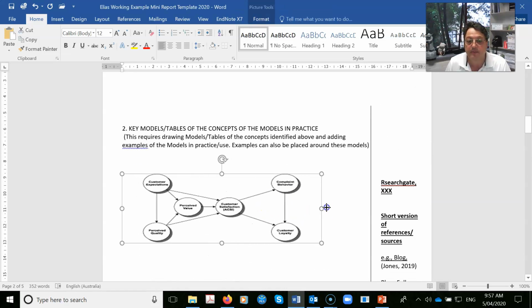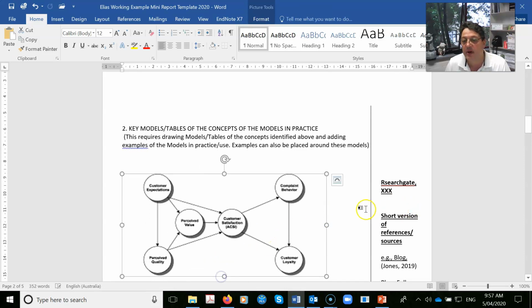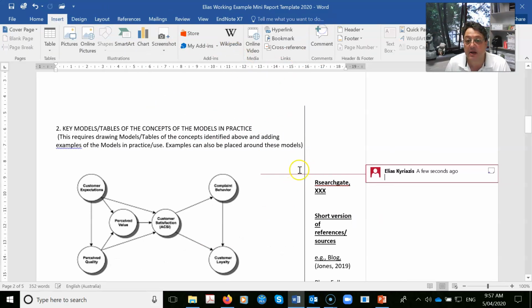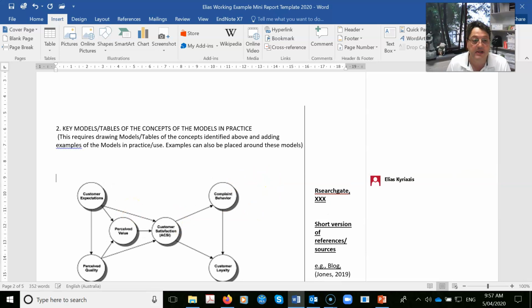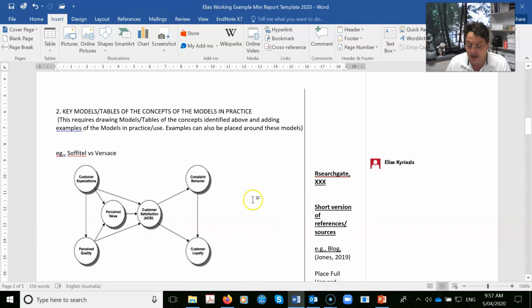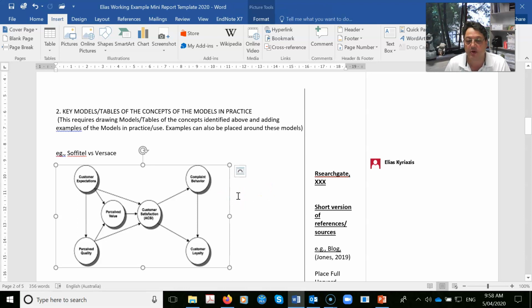Now, with this model, if I wanted to get really clever, I could insert a comment here or a text box. Usually I'd put an example and say, all right, we have, say, Sofitel versus, say... and I'm just making these up. I haven't done any research or blogs to back this up, but you can put them around your model. Typing here gets a bit clunky, so I'd strongly suggest that you could do a lot of this even if you redrew the model in Word or on PowerPoint